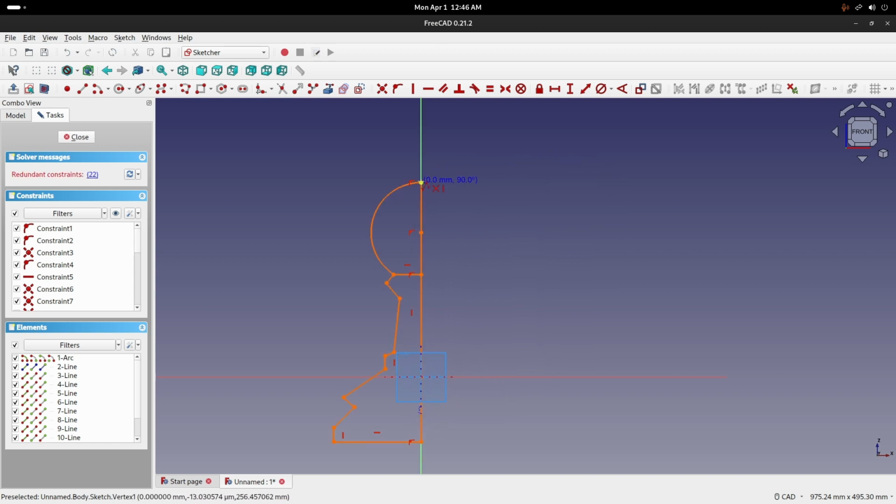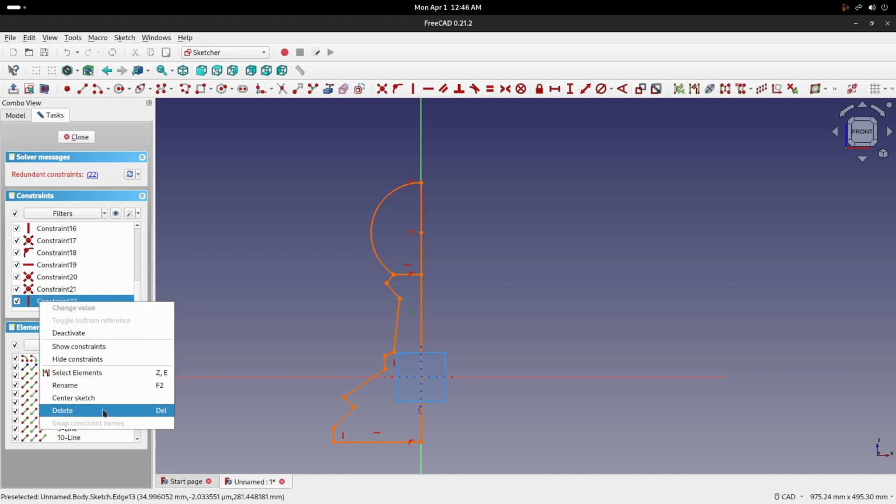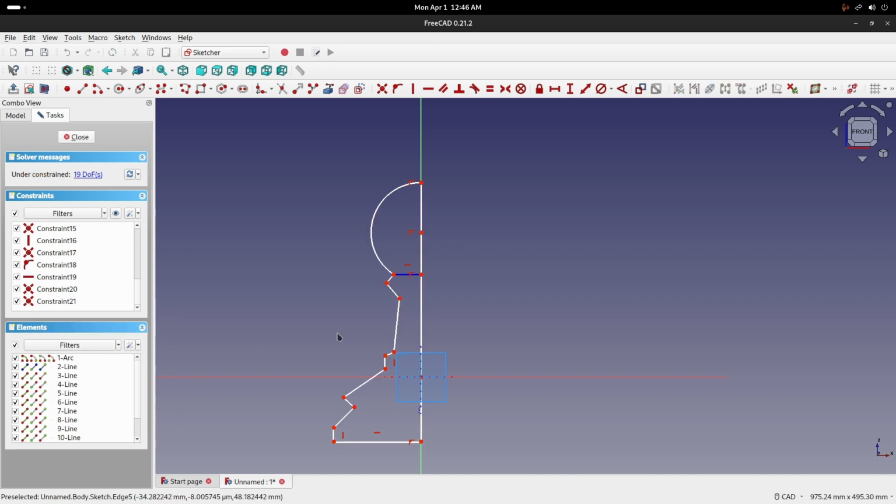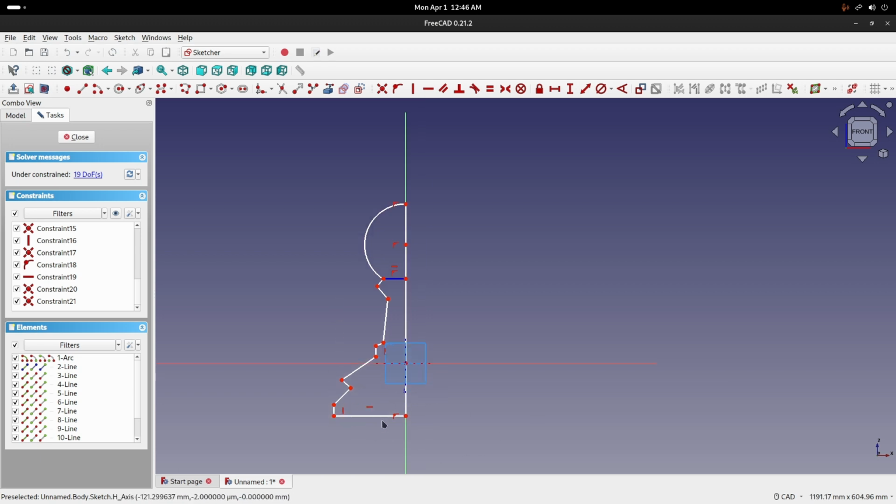So I am clicking it here. Okay, I right click. Then it says there are redundant constraints, which is the number 22 constraint. I scroll down. I delete it. Looks good. So it says it's under constrained. Means you can still move these things around. When it will say fully constrained, it will be totally fixed. Like even in respect to this x-axis, y-axis. So these are things